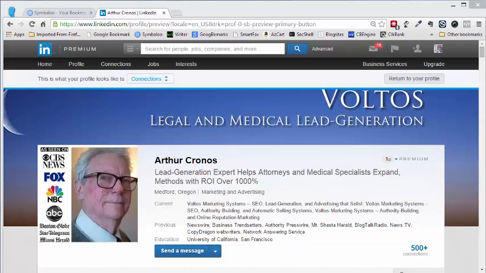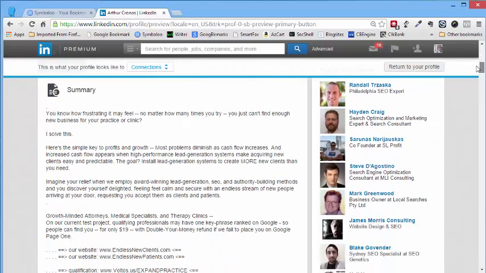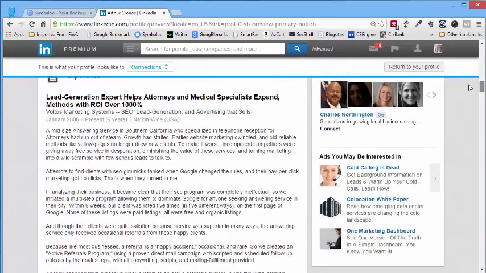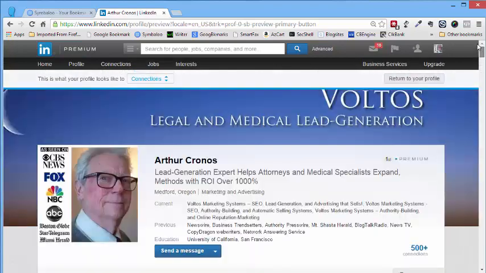You may have seen my profile on LinkedIn. It looks kind of like this. It might change over time, but this is how it looks today. Frequently on that profile we have a special offer which may be featured here, and one of the work experience entries talks about how to get high return on investment with search engine optimization.